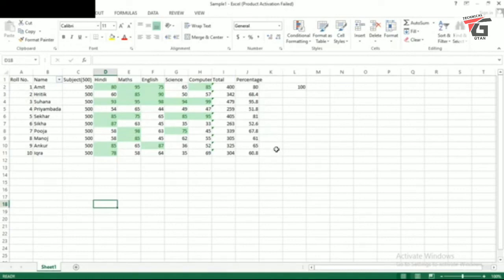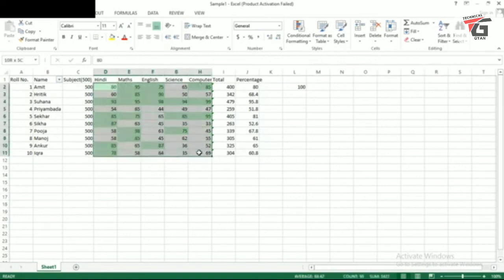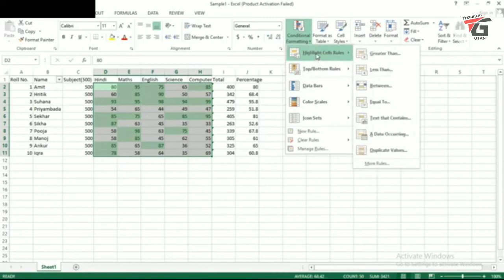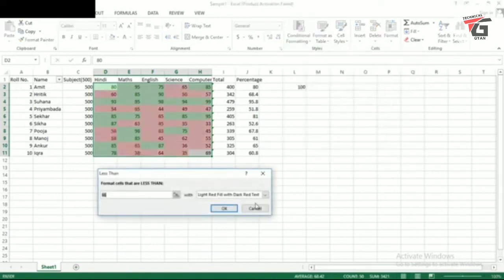After the conditional formatting has been used, you can apply multiple conditions on the cells. Again, how can we apply another condition? Select the range of the cells, go to the conditional formatting. This time I will highlight those cells where the students have scored less than 50 marks. So the less than criteria will be used here. Less than what? 50.